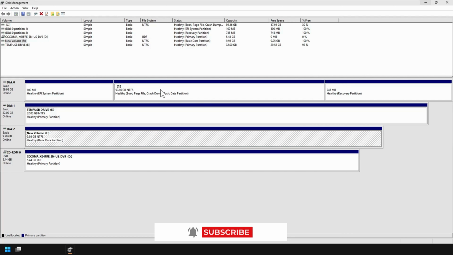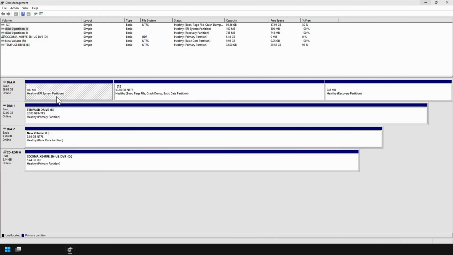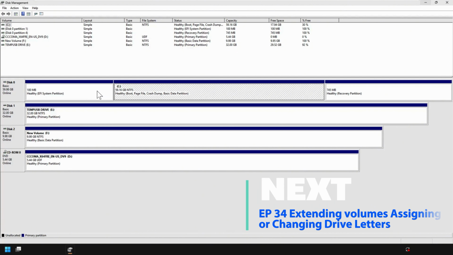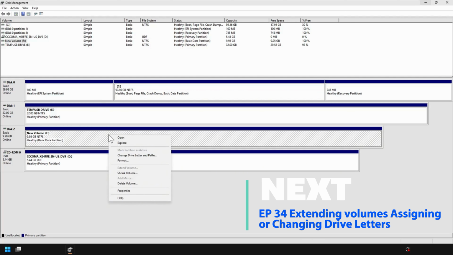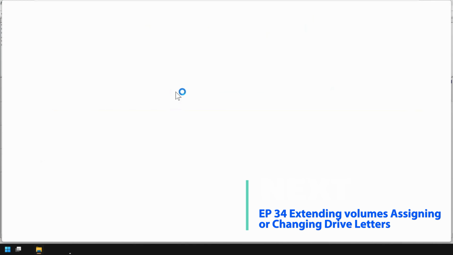So basically, if you see this particular disk 0, you should not delete any of these partitions. If you delete by mistake, then the operating system is not going to boot. You need to be very careful. Let us see the disk we have configured. I'll open the disk,